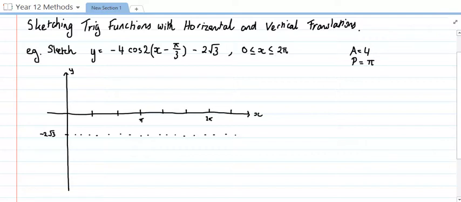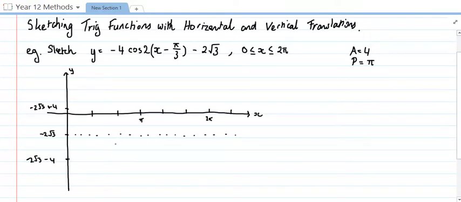Now, the amplitude is going to go 4 units either side of that. So if we've got negative 3.4 plus 4, it puts it about 0.6, which is probably just above the x-axis somewhere there. So that is negative 2 root 3 plus 4. And then we have to go 4 units down as well. So, negative 3.4 take away another 4 units. So, 1, 2, 3, 4. It's going to be down here somewhere at negative 2 root 3 minus 4. So they are the upper and lower